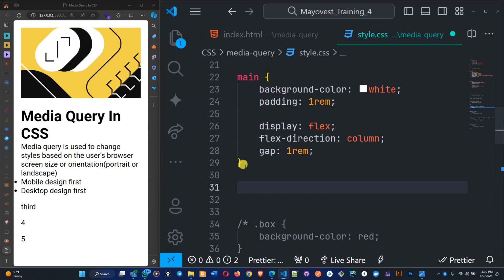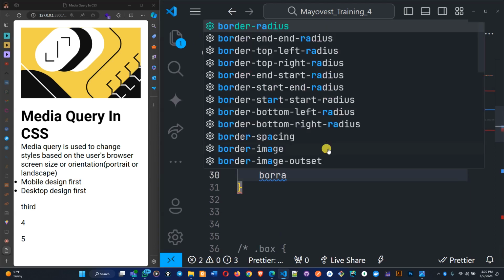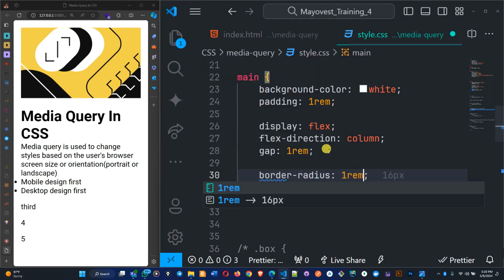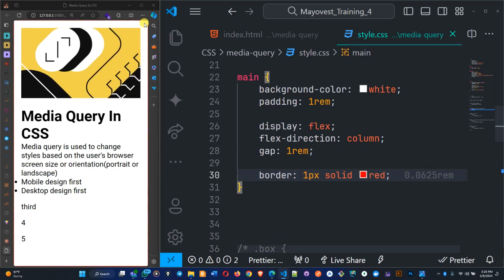Let me continue here. So what do we want to do? On the small screen, we want this thing to have a border radius. What is border radius? Let me give you border first so that you see what is going on there. So border, we have 1 pixel solid red like this, which is a line around the